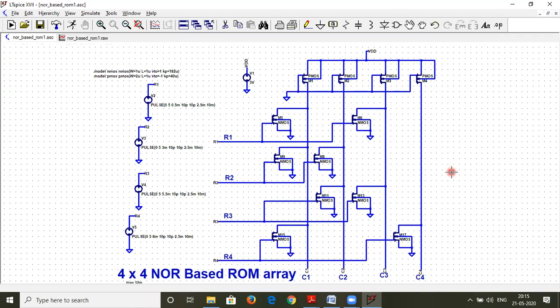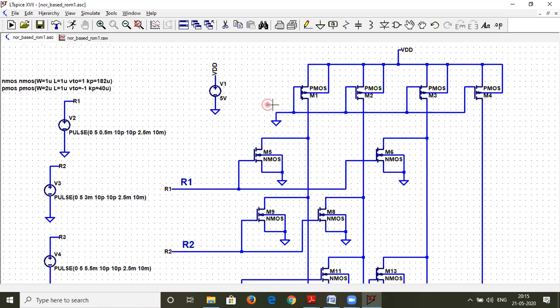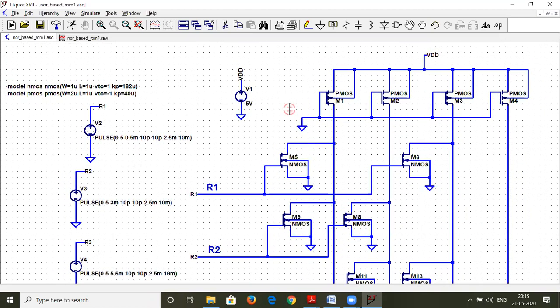So also one more thing I want to add over here is that it is not different than your pseudo NMOS transistor. So basically the pull-up network should be a little weaker compared to your pull-down network. So basically what I mean to say is the pull-up network is always on. So if any one of these NMOS transistors are on, it should pull the output node to ground. So basically that is what is the case over here. So here we have selected the pull down network that is consisting of your NMOS transistors to be much stronger compared to your pull up network. So that is the important strategy over here.